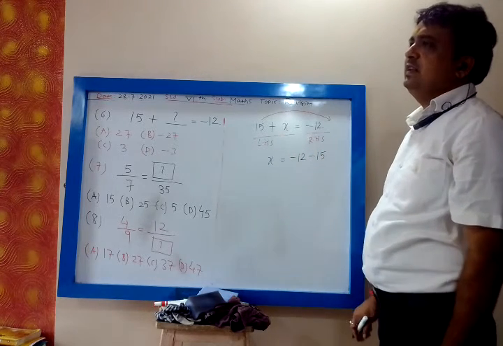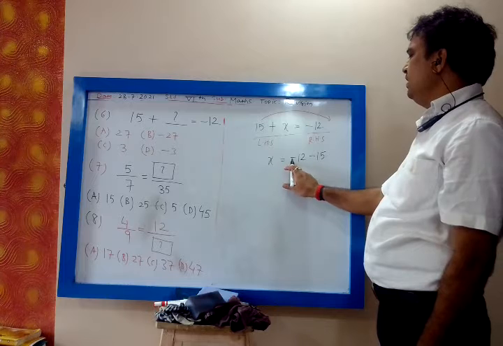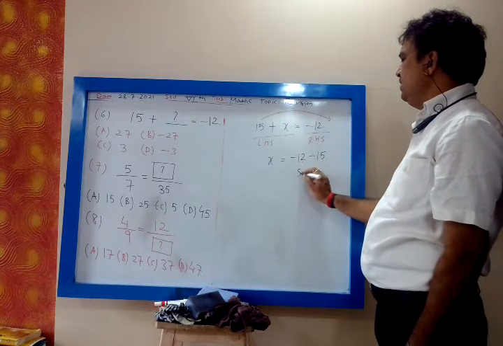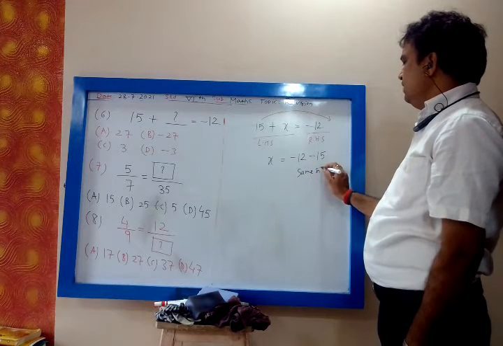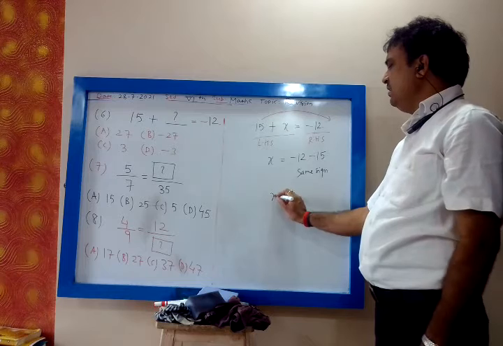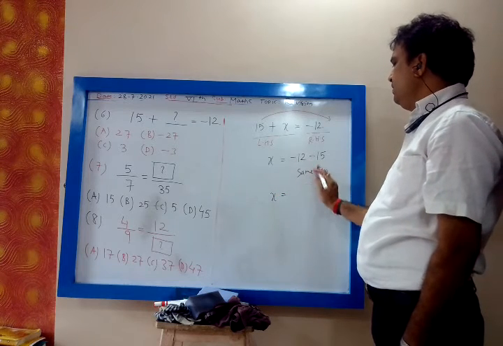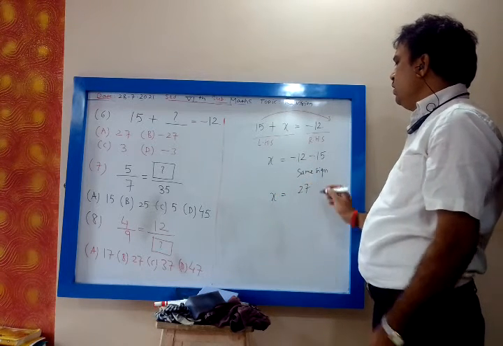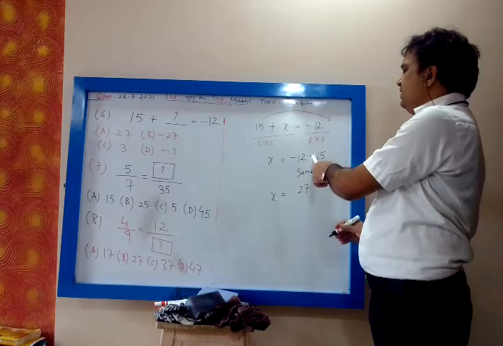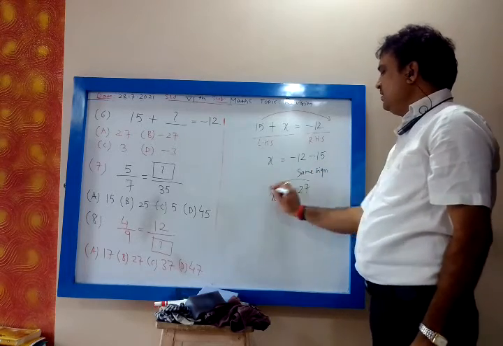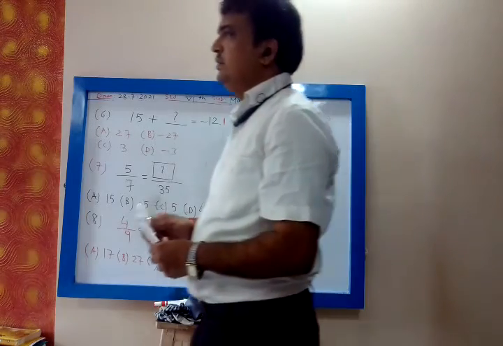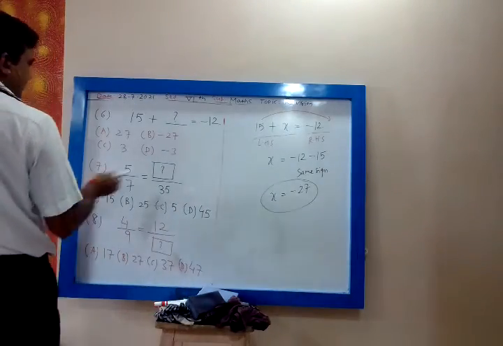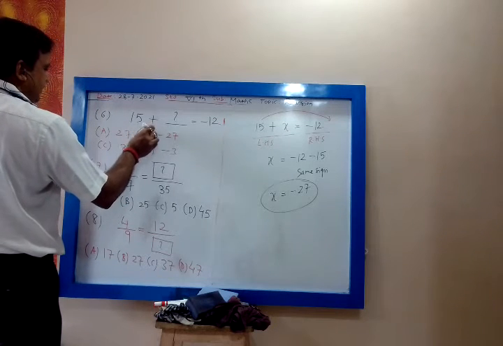So minus 12, minus 15. Check whether they have same sign or opposite sign. What is sign of 12? Minus. Sign of 15, minus. So they have same sign. Whenever they have same sign, you have to add the number. 12 plus 15 is 27. And take the common sign. Common sign of minus minus is minus. So answer is minus 27. So very good, Ashok Mali. You gave the correct answer, minus 27. Very good.